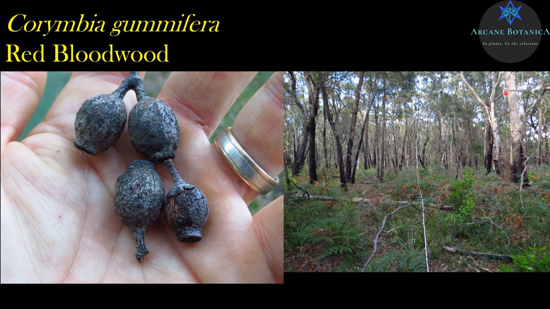Some more blackened trunks here. That's a real typical look for Corymbia gummifera. And just in this area, I found these fruits which made me think I might have had a different Corymbia just compared to what I showed you earlier. But that's the variation you get. And the area I was in, it was pretty impossible for it to be any other species, just given the geographic range of the others. But that's what some really old fruit look like. They tend to litter the ground pretty generously. You can always find them a lot of the time.